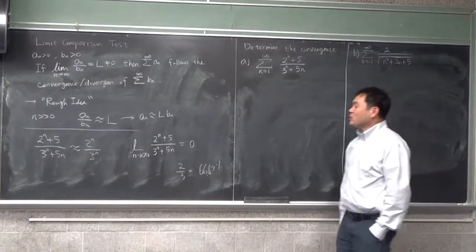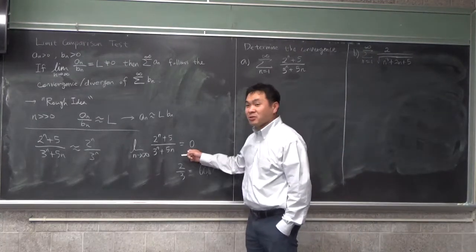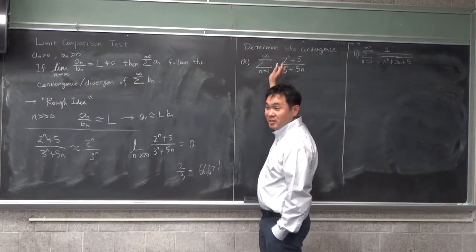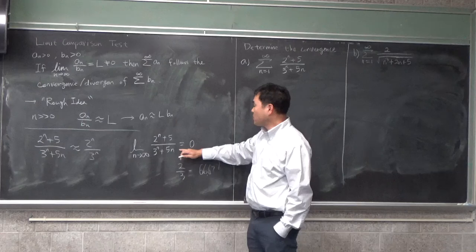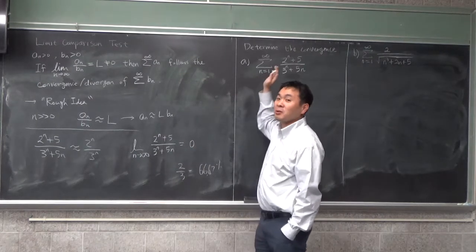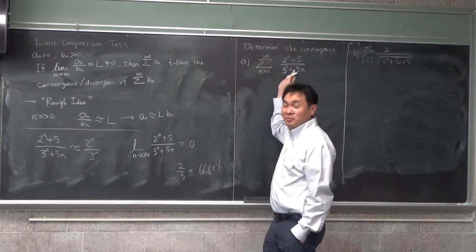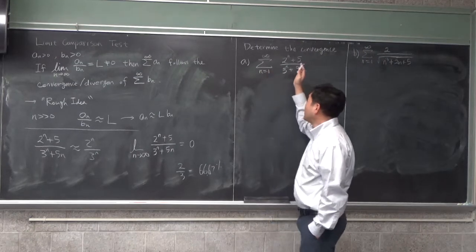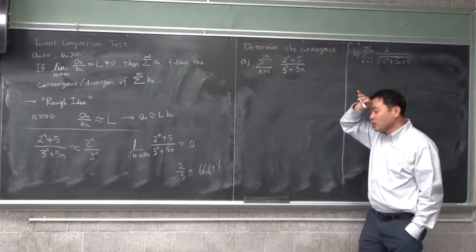Okay, so what we know is that if this is not 0, then there's no hope for the summation to be finite. But because this is 0, we have some hope that the summation may be finite. We don't know. It could still be infinity. But